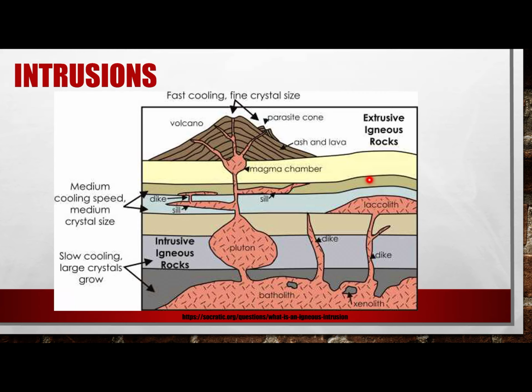You can have stocks, which we already mentioned. You can have sills, which is when magma kind of runs parallel. It doesn't really change the surface. It just kind of has a little bit of an offshoot here. And dikes, which are the ones that cut vertically. So they'll move through the different rock layers, melt across, and cool in place. But again, these are vertical, these are horizontal, running with the rock layers.